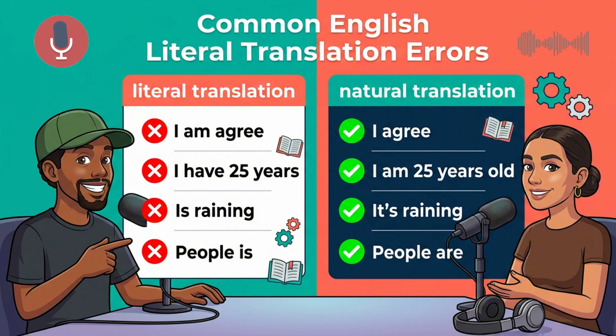Exactly. So, based on how we just learned that English treats the physical state of age, do you think English speakers have hunger sitting in their backpacks? Or do you think they treat hunger as a state of being? Do they have hunger, or are they hungry? The next time you are practicing your English, think about how the language views the different states of the human body. That is a great question to leave with. It proves that once you see the pattern, you can start predicting how the language will work in other situations.